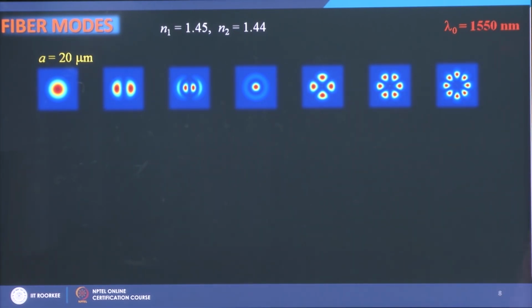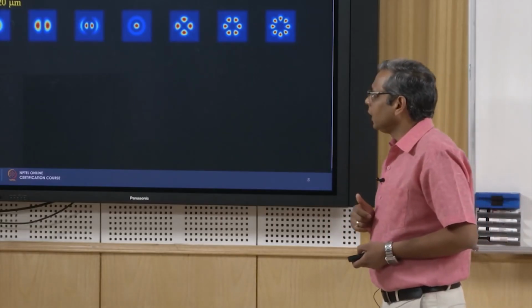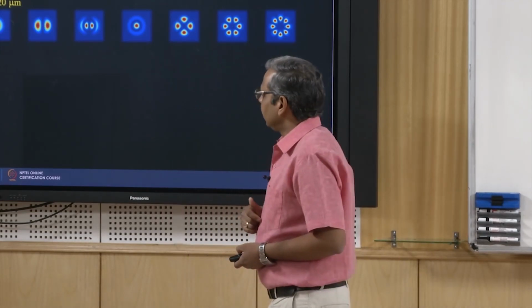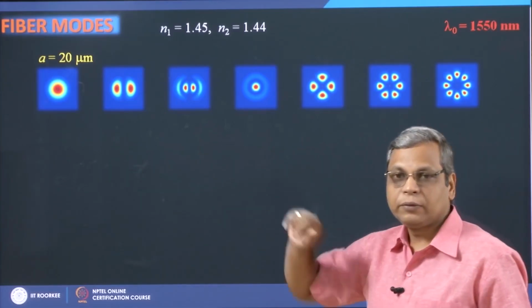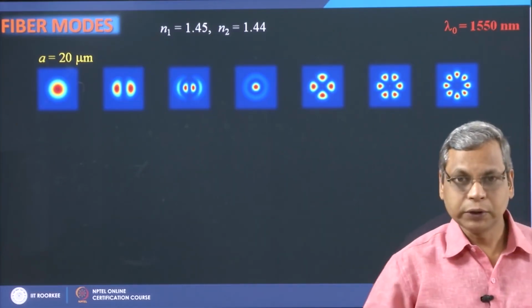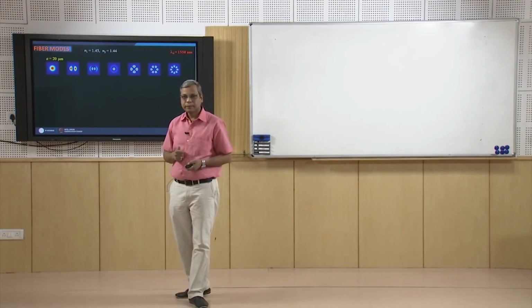If I launch light of wavelength 1550 nanometer into this fiber, then what are the possible guided modes of this fiber? We will learn how to calculate these modes as we go along in this course.